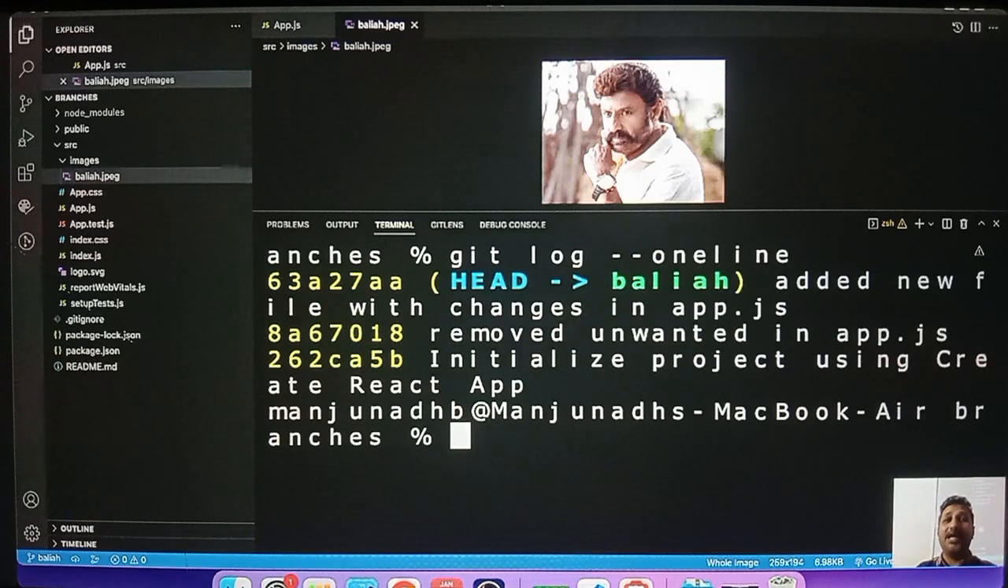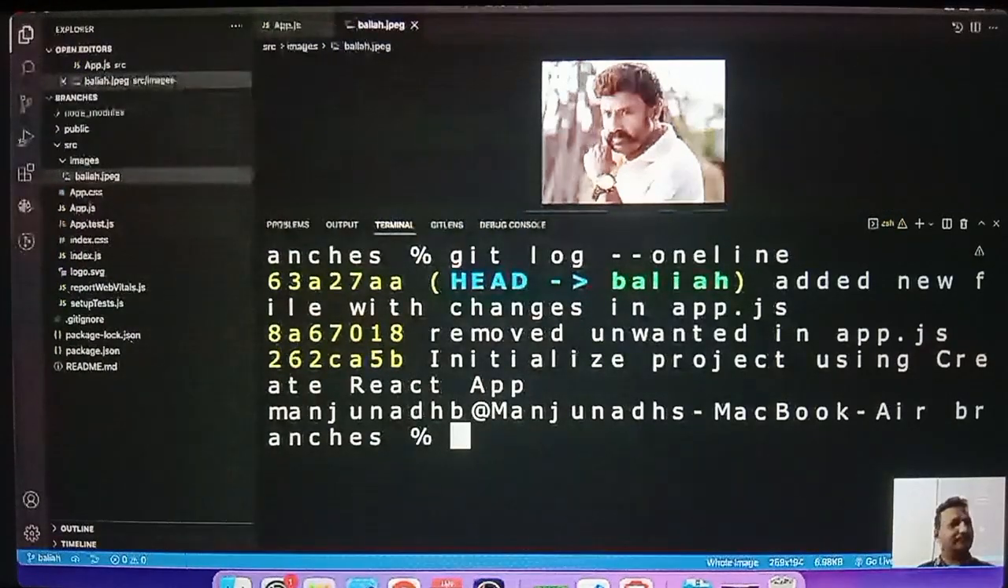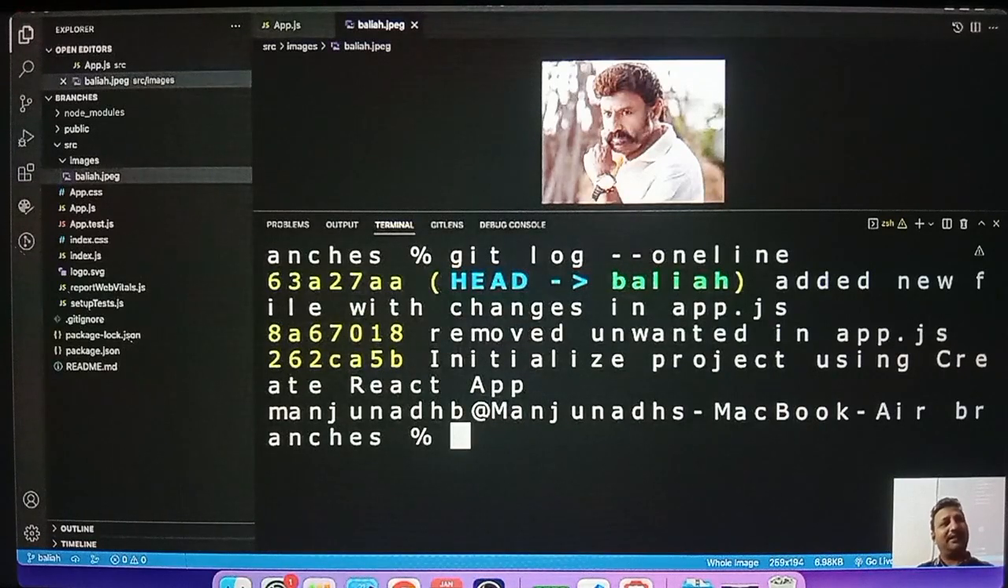Okay. Now we can create multiple branches also. Creating a new branch means creating a new copy of the last copy. Once you create a new copy and you make changes to that new copy, it will not reflect to the original copy. Just to understand,